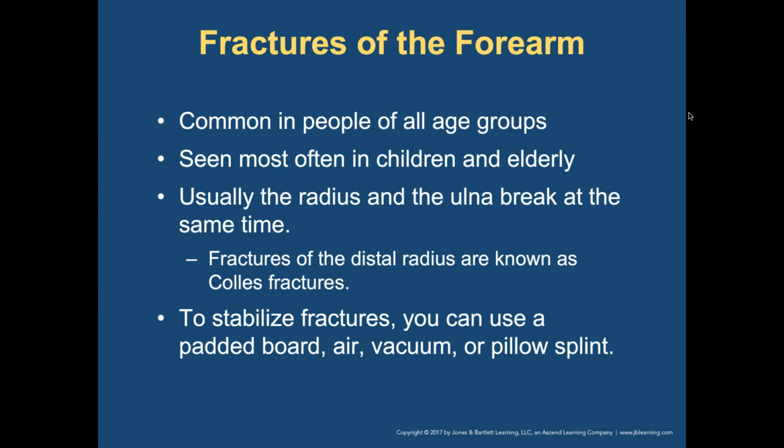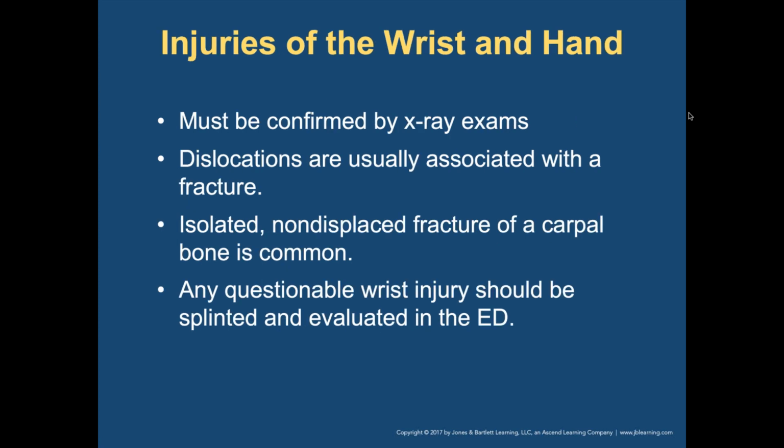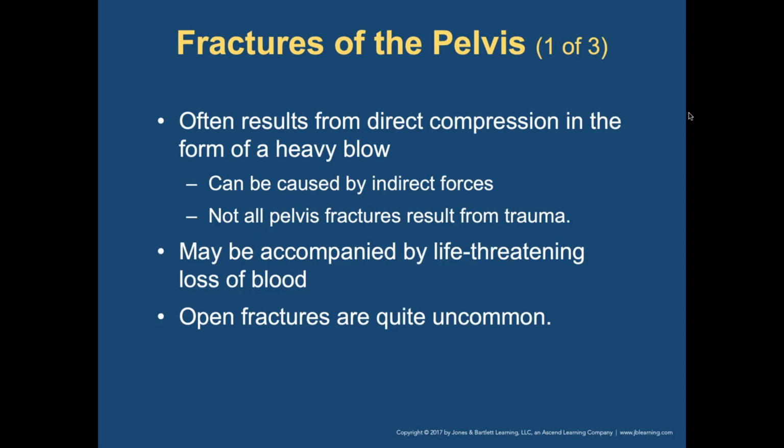You can stabilize a fracture of the forearm or wrist with a padded board, air vacuum splint, cardboard splint, magazine, whatever you can get to make it feel comfortable. Splint it. Everything has to be confirmed by an x-ray, no matter what. We don't have that in the field. You can't blink your eyes twice, put your sunshades on, and get a view. Can't happen. Don't worry. So take them to a facility that can do that.